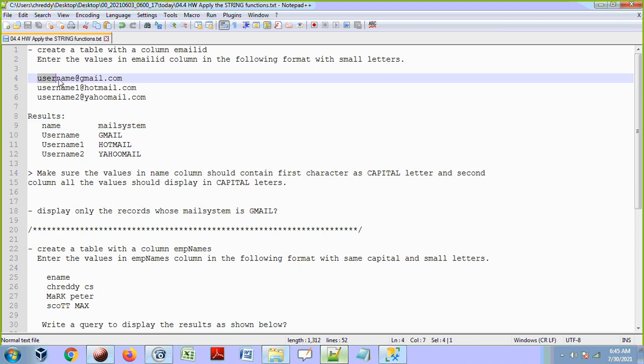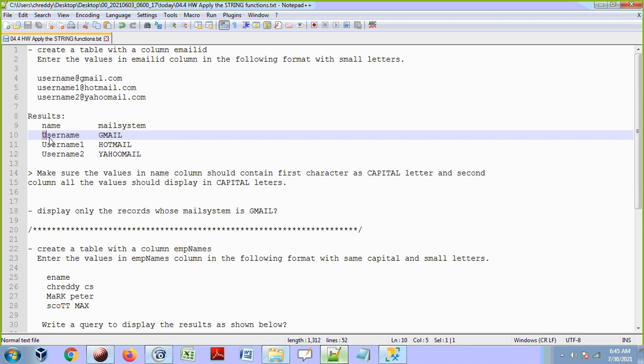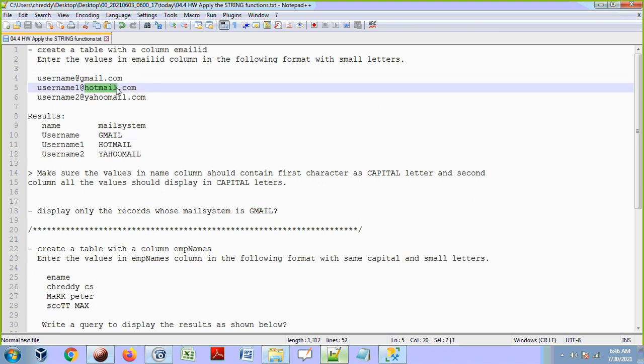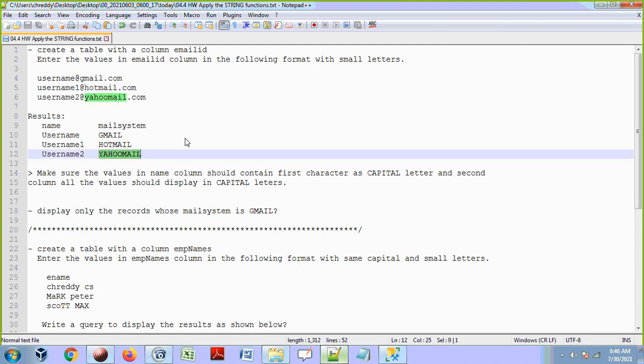Name should be displayed from this part only, and the email system only this part. When you are displaying the name, make sure the first character is uppercase, and the remaining characters are small case. And for the mail system, what is there in between @ and the dot symbol, I want to display that with capital letters, uppercase.